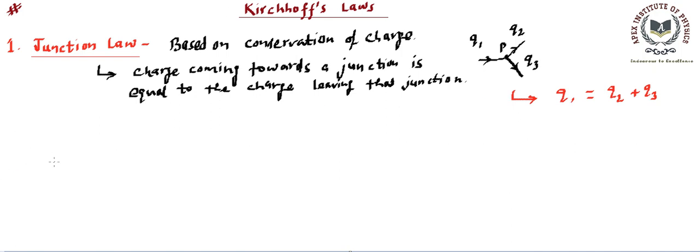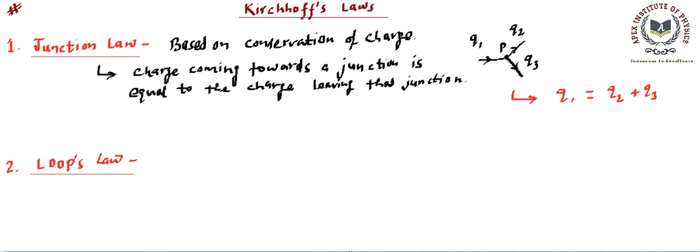And the next is called Loops law. This law is related with the loop in case of a circuit. What is a loop and what that means, let me describe here. If we have any circuit, that circuit is going to have a loop because it has to be closed. At least one loop is going to be there.